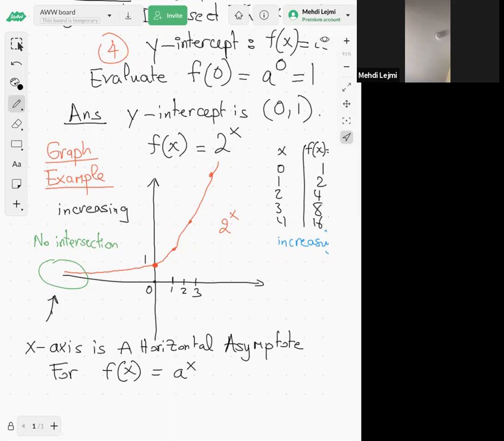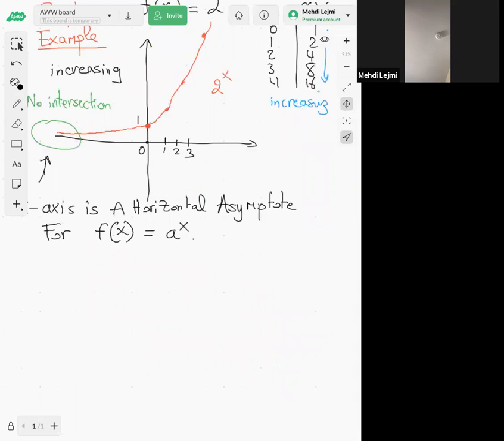Right. Anyway, so this is just to give you an idea about the shape of the graph of exponential functions. Any questions, guys? Yeah, as I said, we are not really interested in graphing exponential functions. What's really interesting for us is the next topic, which is the